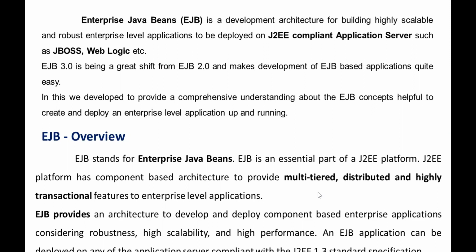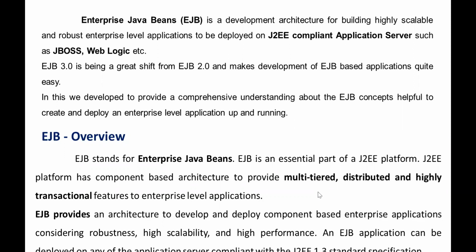When developing in EJB version 3.0, we shifted from EJB 2.0, which makes development of EJB based applications easier. It is quite easy to use the EJB 2.0 specification when compared to EJB 3.0.